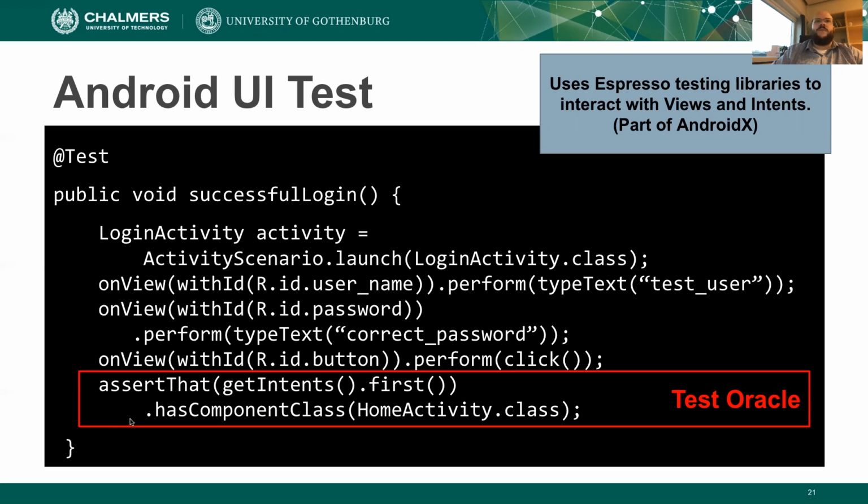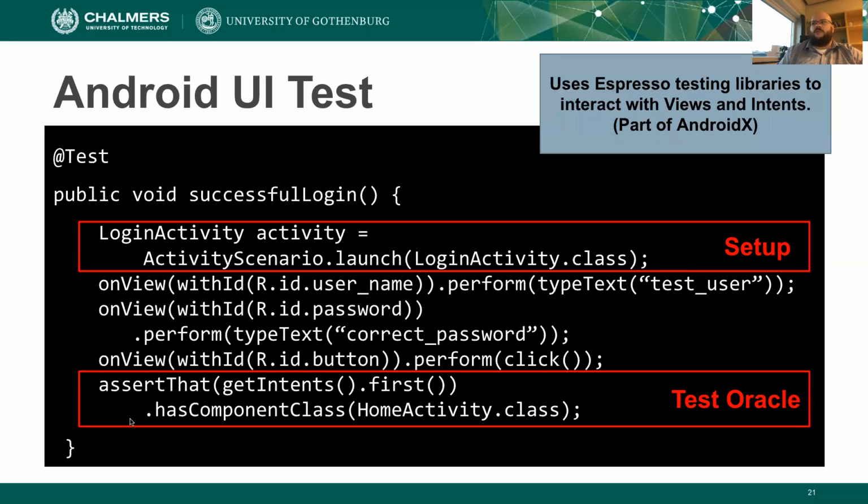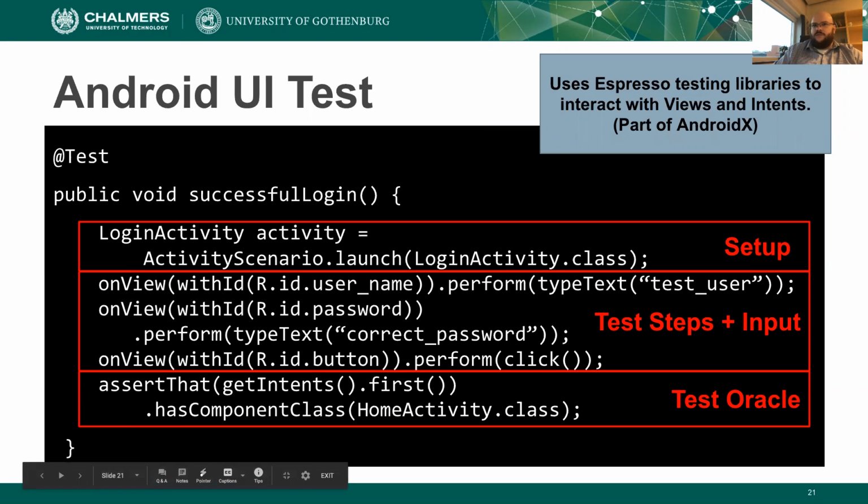So you see the same basic elements here, right? We have a setup where we launch the login activity. We have test steps and input where we type things into boxes and click a button. And then we have our test oracle where we assert certain outcomes that should happen and check that those happen, right? So you don't really need to understand what every level of the code says here, but you see the same basic elements: setup, interactions, and then a test oracle that checks the result,